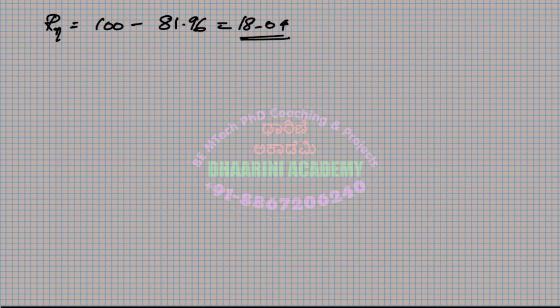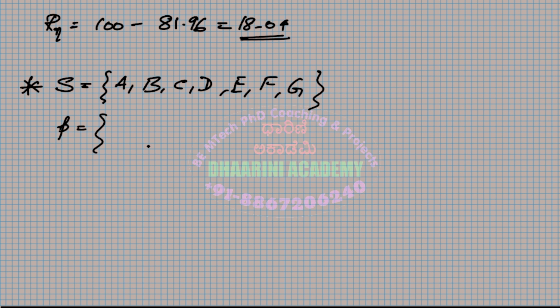All right, so I'll give a problem to solve now. The source generates 7 symbols, that is A, B, C, D, E, F, G, with the probabilities mentioned like this: 9 by 32, 9 by 32, 3 by 32, 1 by 16, 3 by 32, 3 by 32, 3 by 32, and 9 by